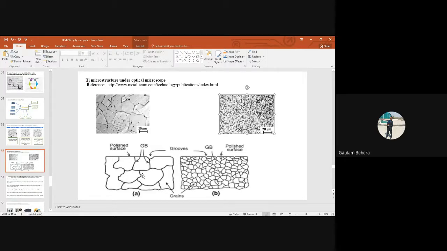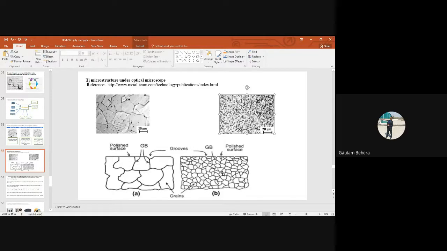And this is again a sketch showing a polished surface, showing grains and grain boundaries. You can see that in real situations, grain boundaries are not always flat. Sometimes flat, but they are basically curved. You can see grain boundaries and grains. Again, this is a coarser grain material, and this is a fine grain material. So you can distinguish them.